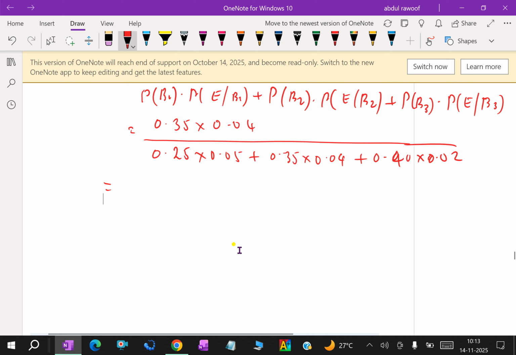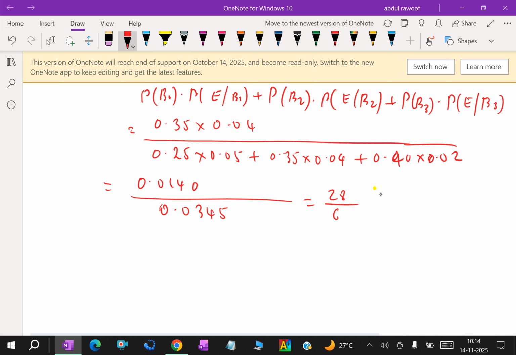The top multiplication is 0.0140 over, here we multiply and add them, simplify, we get 0.0345,